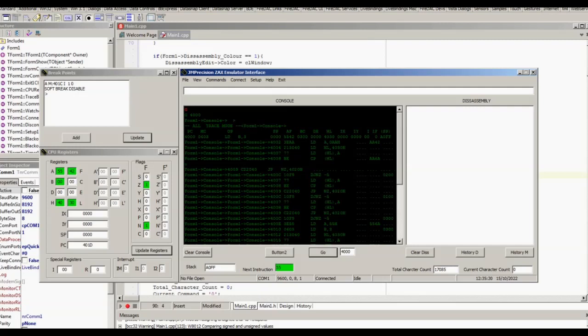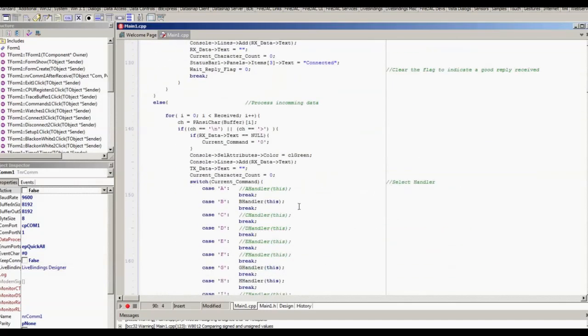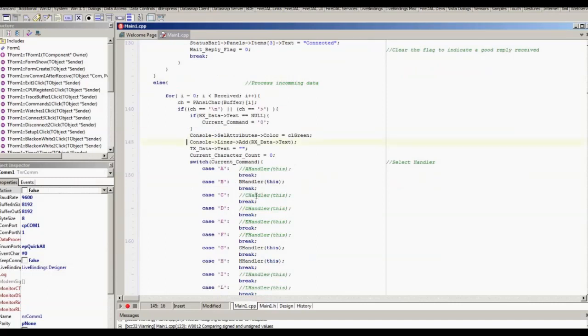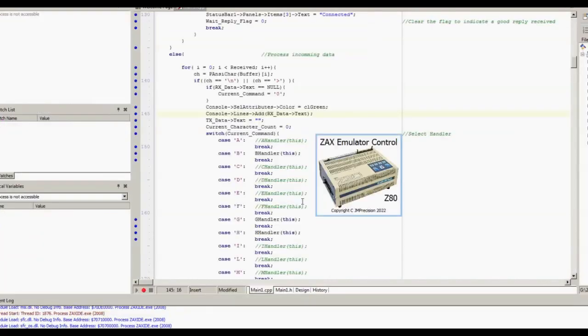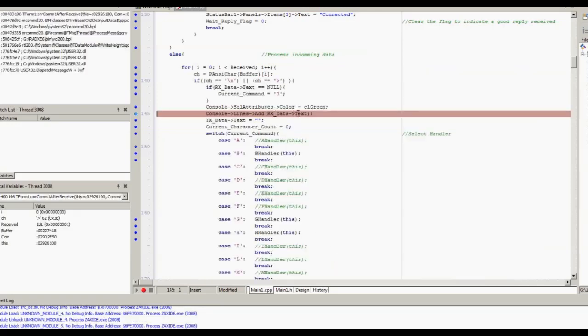but as it turns out it would do it with other commands. But to get some idea as to what's going on with this, if we close the application and I go to the part of the application that's looking at the incoming data, and if we run to that point, so if I now go to the same point, if we look at the RX data text, which is the buffer for the incoming data, notice we're getting form 1 console, we're getting that same text appearing, which is kind of strange. But if I run back to that same point again,